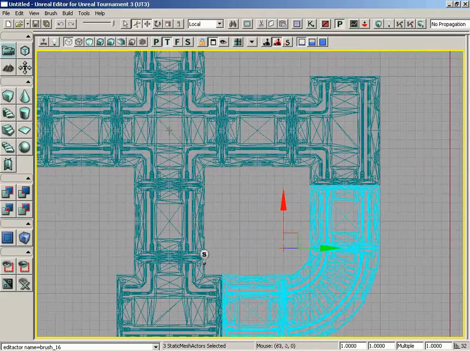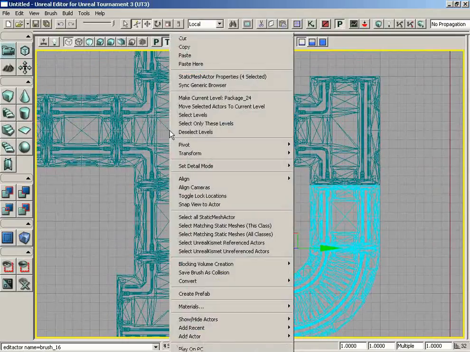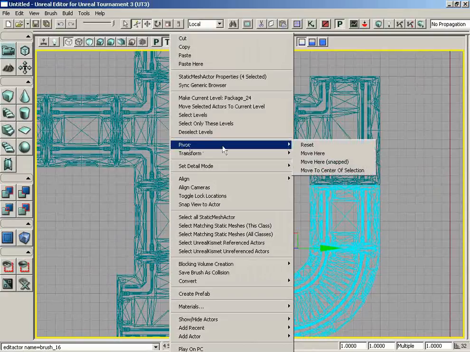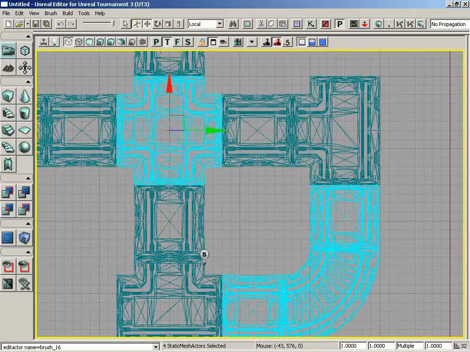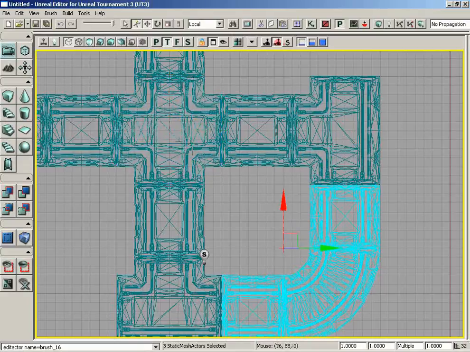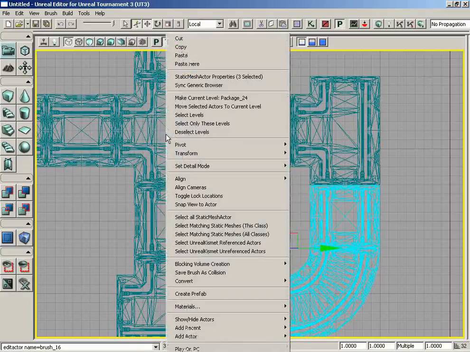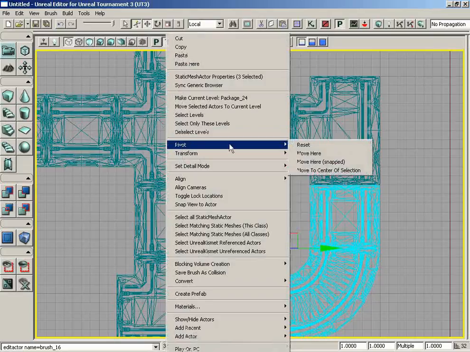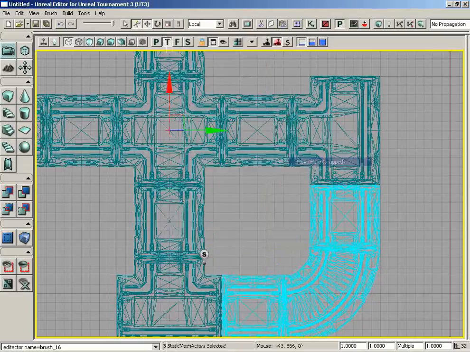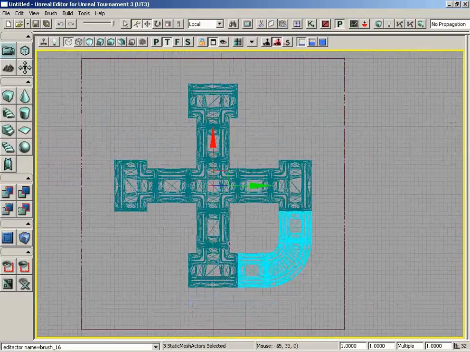If I can get an idea of right where the center of this is, I can right-click, and we can go to Pivot and choose Move Here Snapped. So boom. That might actually select the mesh, but of course you could just Control deselect it and then be ready to go. Yeah, it looks like that. Maybe if I just right-click right off of the mesh, because it looks like right-clicking on the mesh was a problem there. Let's go to Move Here Snapped, and there we go. I've moved the pivot of these 3 meshes here into the center of our little network, and make sure that